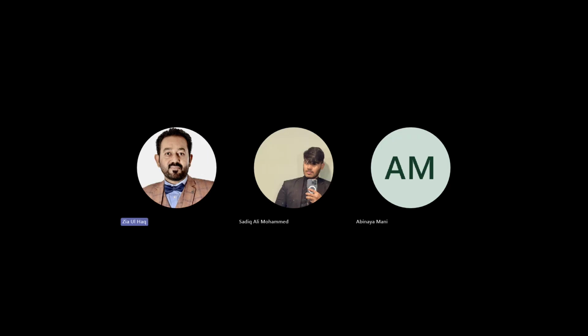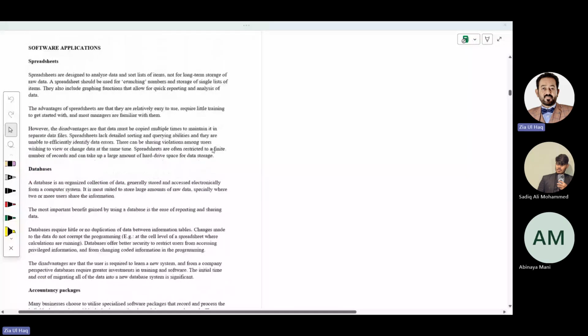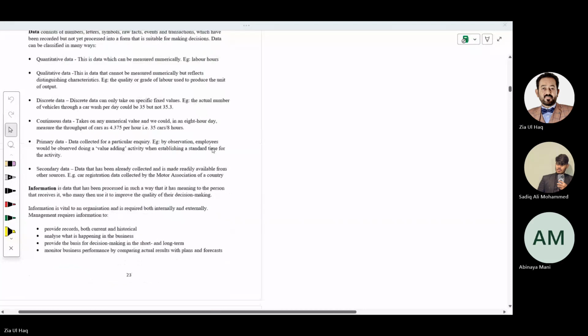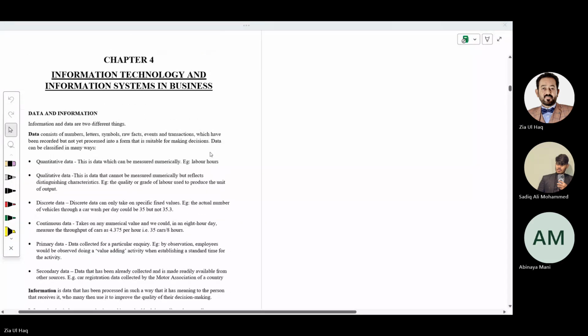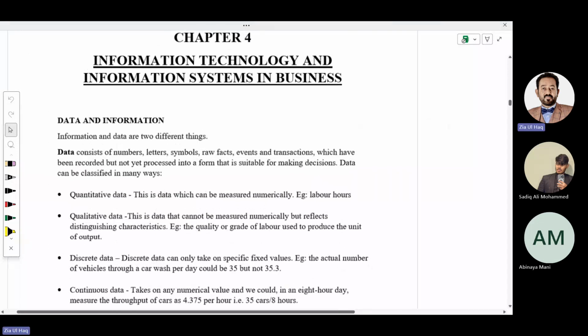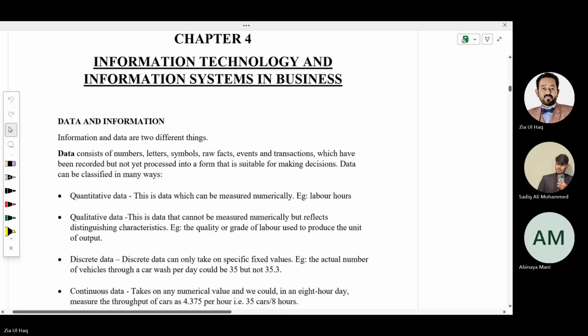Chapter 1, Chapter 2, Chapter 3 we have covered so far. Let's move toward Chapter 4. Chapter 4 is about technology. Chapter 1 to 3 we have discussed about business. Now we are moving towards